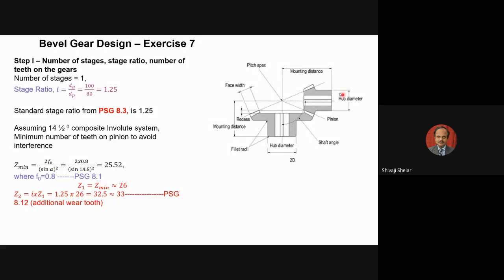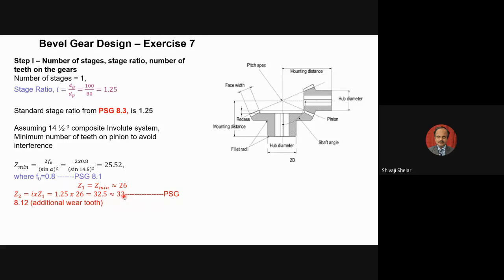We have this pinion here with this diameter. I am talking about this diameter, the larger end pitch diameter, which should be around 80 mm, and the larger end diameter for the gear should be around 100 mm. So if I select the module here, then the number of teeth can be found out. If I select the number of teeth, then the module can be found out, because it is just an arithmetic calculation. So we are not using this arithmetic calculation. We are stopping here. 26, 33 we are not using.